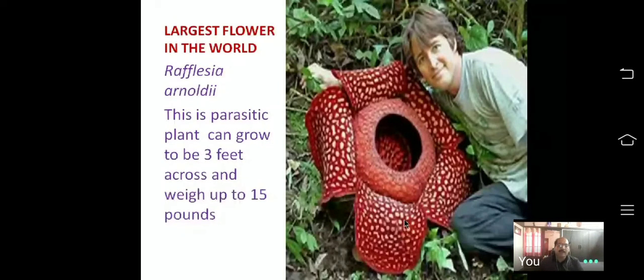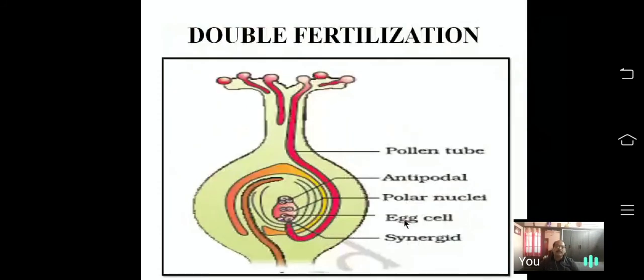Next, now I am showing a complete whole pistil. This is a pistil. You know that this is the stigma, style, ovary. Inside the ovary there is an ovule. After pollination, the pollen grains transfer from the anther and land over the stigma, either through air or through insects or other animals. That process is called pollination.